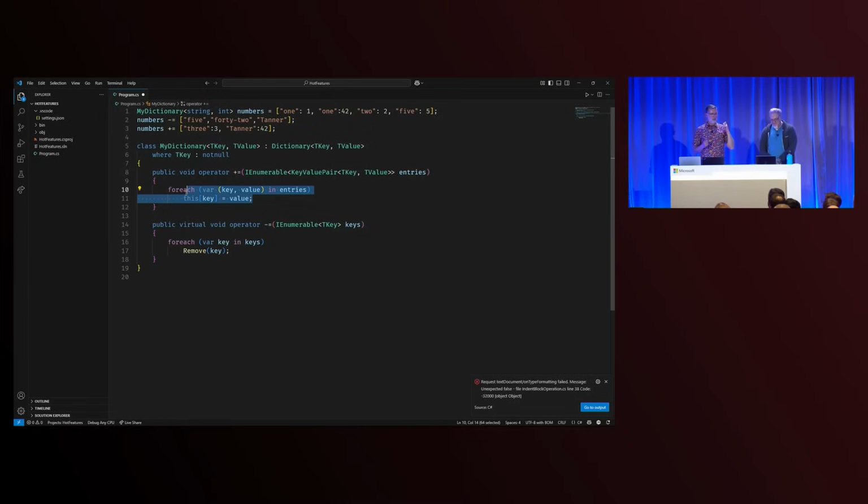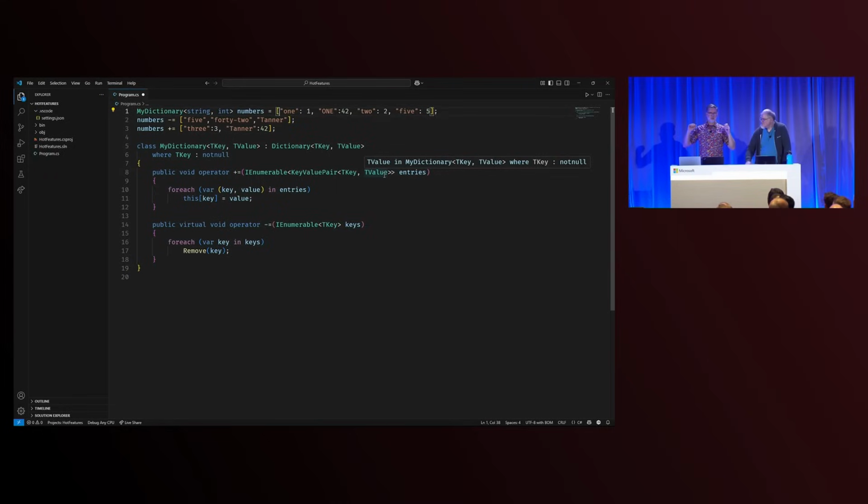One thing that was a little bit of an issue with collection expressions, but has become more to the forefront with dictionaries, is that sometimes when you create a dictionary you want to specify a comparer for the keys that is not the standard one. Collection expressions lack a way for you to pass constructor arguments like a comparer.